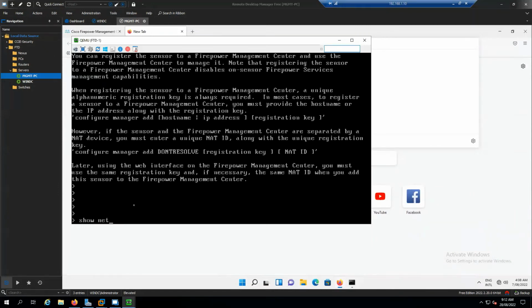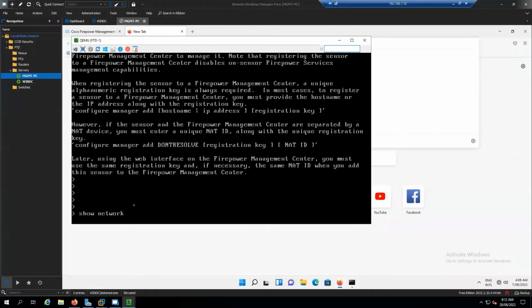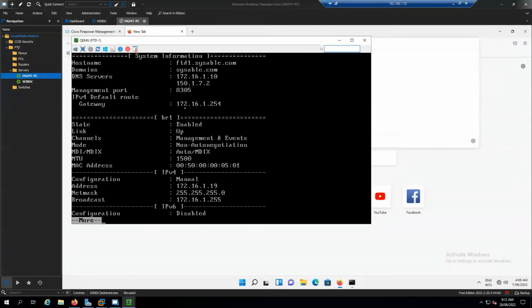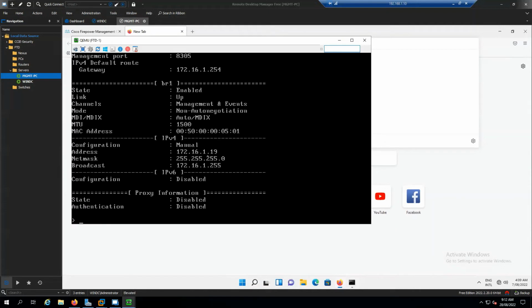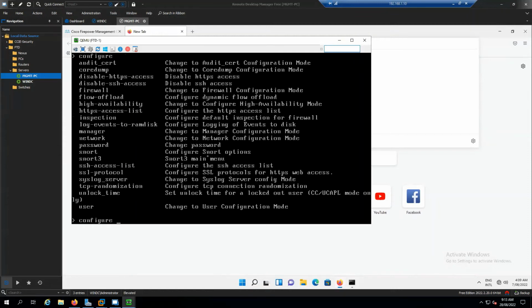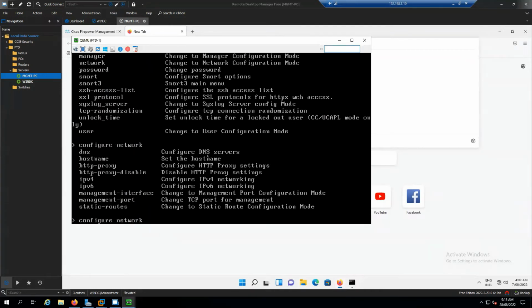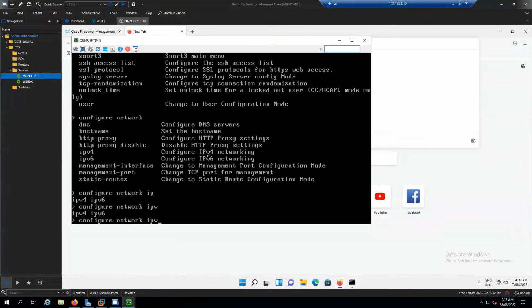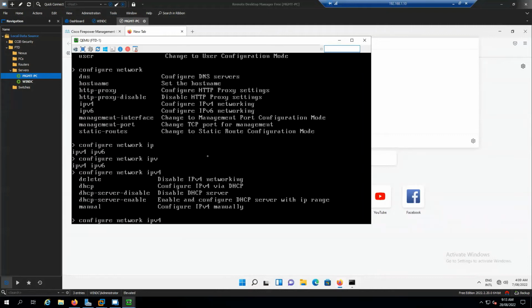If I say show network now, it will show you the details of your network. See that? What are the details? If anything changes, then you can make the changes. Now, for some reason, if you want to make a change for the IP address, you can say configure network, because I want to change the management network. You see that IPv4, because I'm going to use the IPv4 manually,